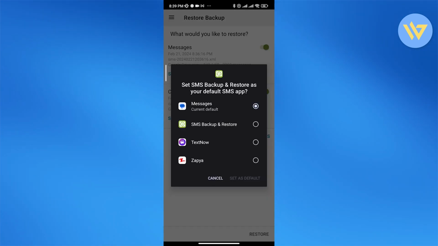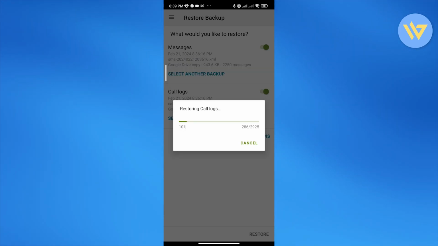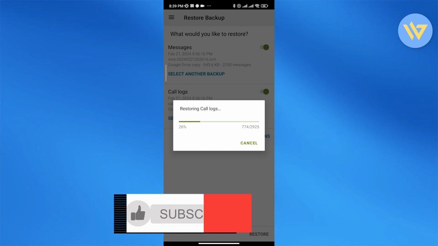And now we just click on, we'll select this, set as default. So now it's restoring all the messages and calls. And once it's done, we are good to go. So that is it. That is how you do it. That is how you restore